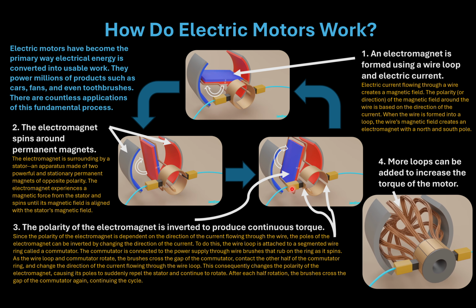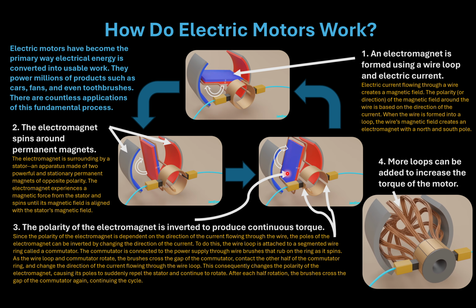As you'll notice, the wire brushes are in contact with only one side of the commutator. This allows electric current to flow in only one direction through the electromagnet ring. As you'll remember from when we were making the electromagnet, the polarity of the electromagnet is dependent on the direction of the current flowing through the wire. Using the commutator, when the wire brushes cross over this gap, they suddenly come in contact with the other half of the commutator ring. This inverts the direction of the current flowing through the wire, and therefore inverts the polarity